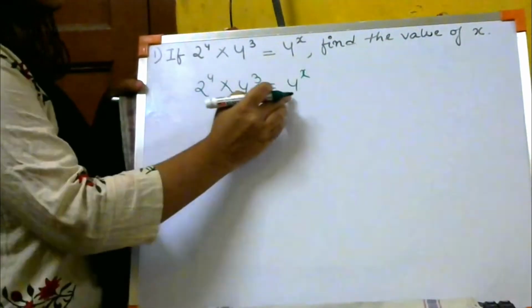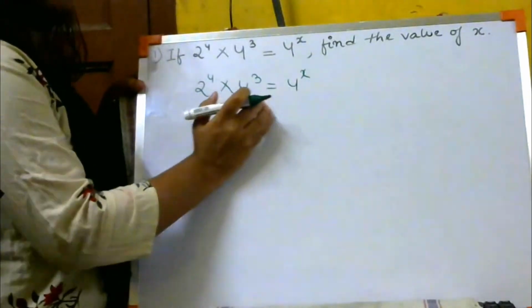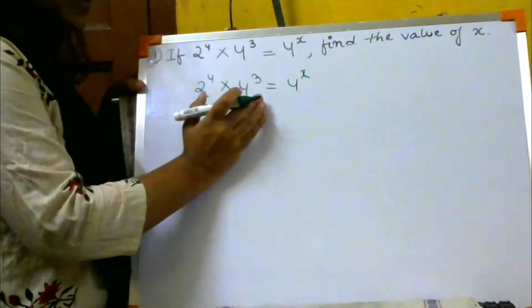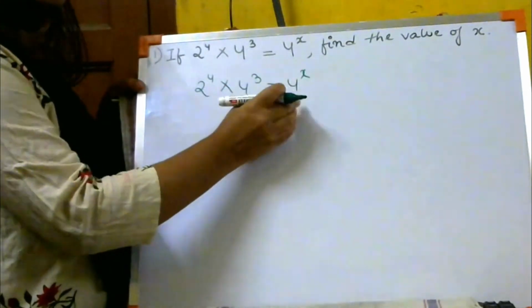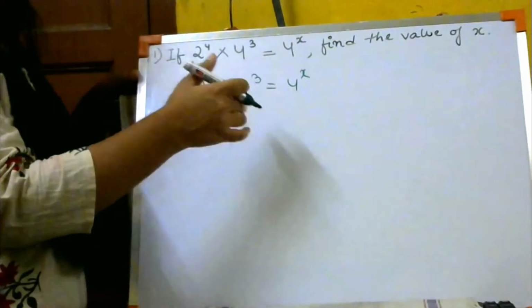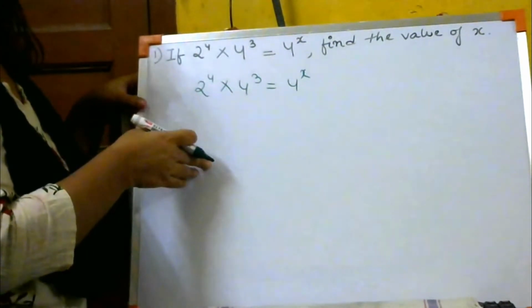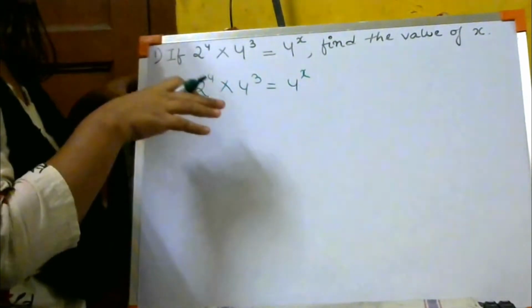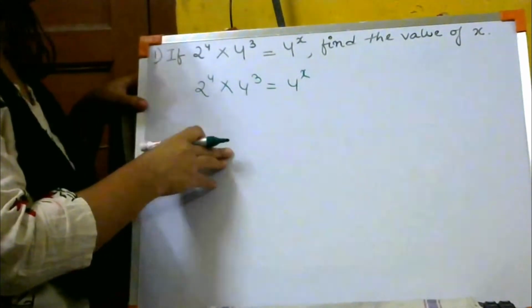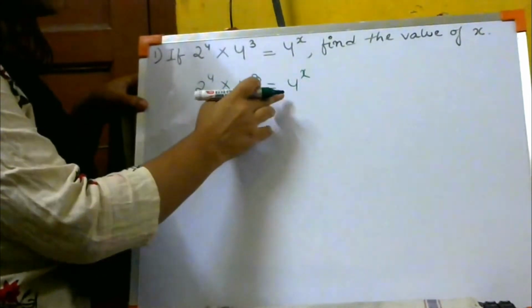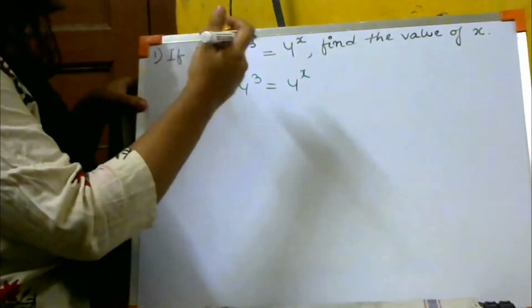यहाँ पे सबसे छोटा नंबर कौन सा है? 2. Isn't it? So 4 को भी आपको 2 के फॉर्म पे लेके आना है. ठीक है, तो मतलब 4 को आपको चेंज करना है. आपको लिखना है कि 2 में कैसे होगा, 2 में कैसे लिख सकते हैं, है ना. I don't need to repeat these things, because if you have listened to the previous classes carefully, if you have still downloaded the videos, and if you have that video stored with you, then you know what I'm speaking about. You have to change the 4 in the tables of 2. You have to change the base in the form of 2. Clear? How you can do it?